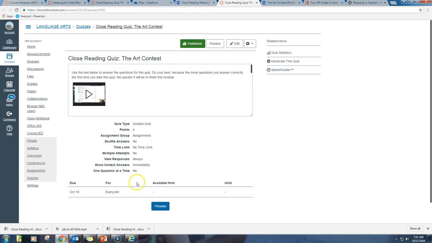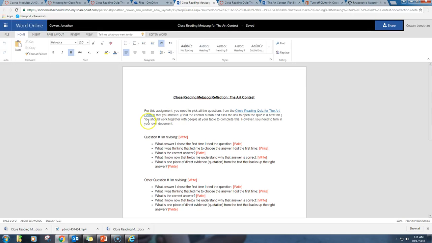And you can go back, and down here, you will have a button that says something like see your previous attempts, and you can click it, and it'll show you the answers you picked, as well as the correct answers. You can work with people at your table to complete this. By all means, you can ask me questions. The bottom line is, at the end of the day, you need to do one response for each question